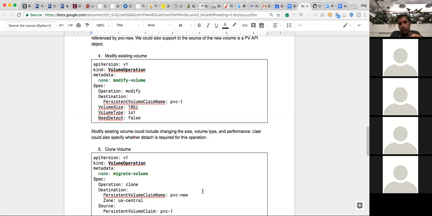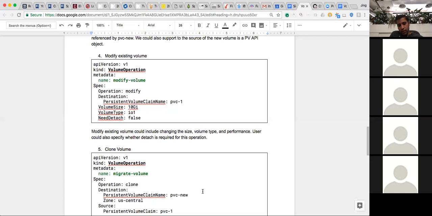Yeah, the benefit of this is the user has better visibility, to see whether it succeeded or failed. They can monitor this. It's more like a job, so it's easier to monitor. But then we'll end up with competing APIs, right? So if we're resizing one to beta, and there's two different ones